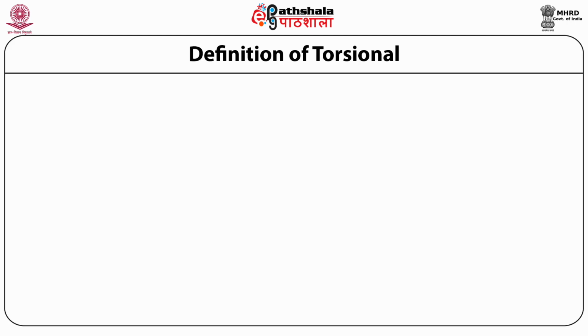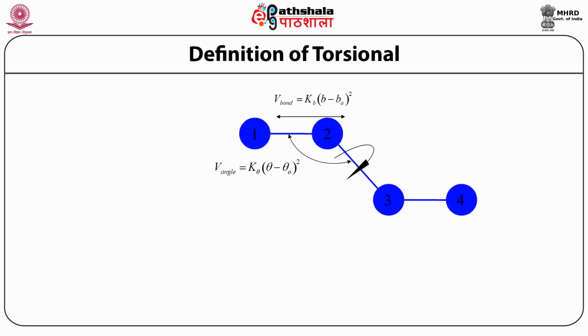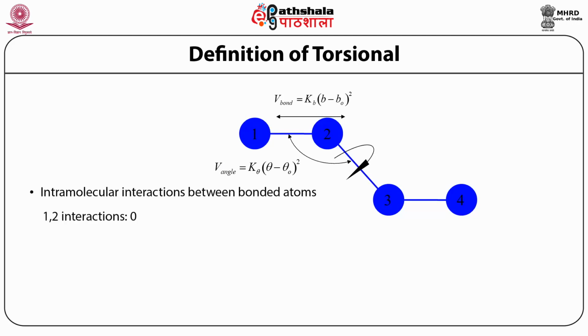Here we define the torsion. Now, there are 2-3 terms we have to remember. One is the bond length. The 1-2 interaction is taken care of by bond length. Hence, at the bottom, as shown, the 1-2 interaction is made 0 while considering the torsion only. Similarly, the angles between 1-2-3 or 2-3-4 are taken care of by the bond angle terms, so as shown the values are like that. So the only interaction is 1-4, that is, atom number 1 to atom number 4, used in torsional functions.